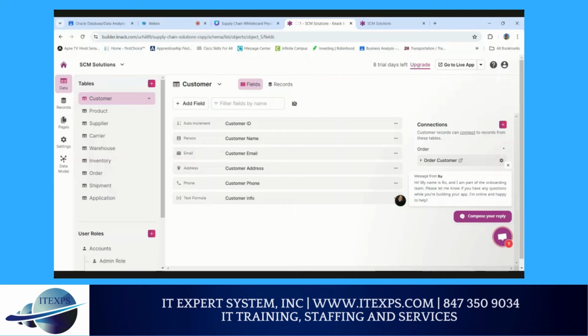That's our main goal, to provide cheaper priced products to the customer. For that we have the entities customer, product, supplier, carrier, warehouse, inventory, order, shipments. Those are the entities we have created.